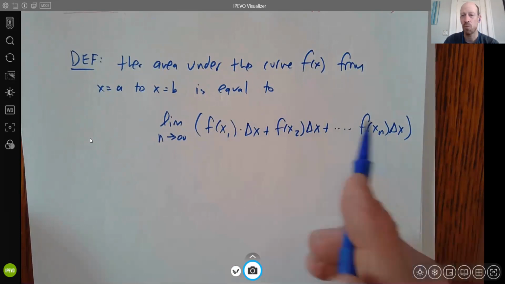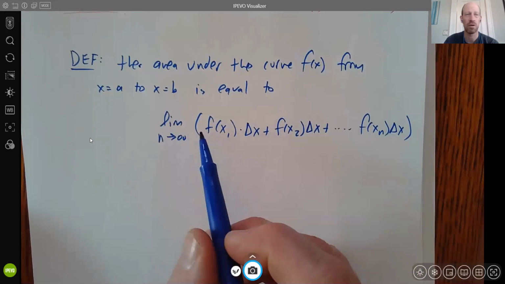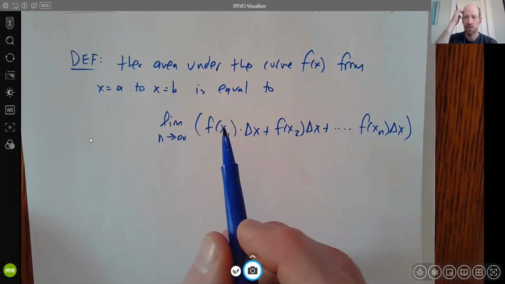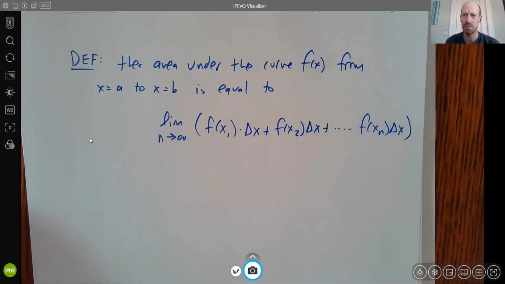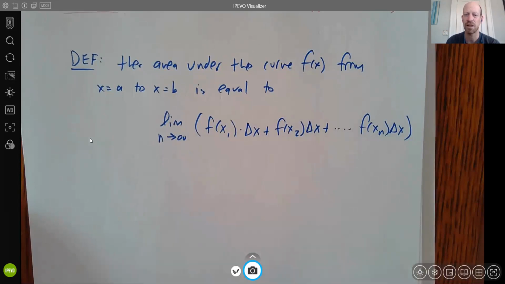And whatever value that's heading towards, that is equal to the area under the curve. So that is sort of a big jump, right? To say like, okay, we can approximate the area. No one would really argue with that. But you have to have an idea of what the limit is doing in order to understand what this is